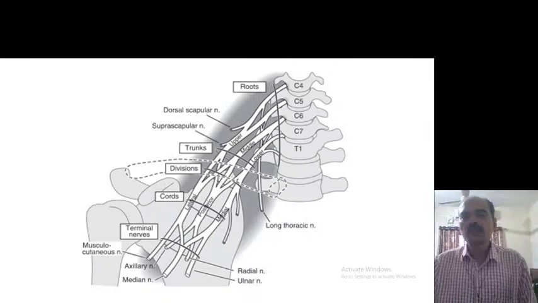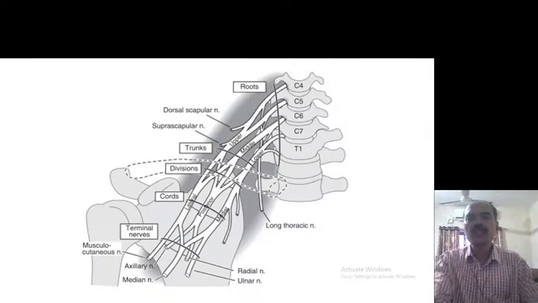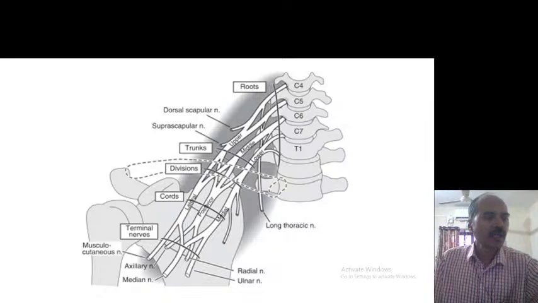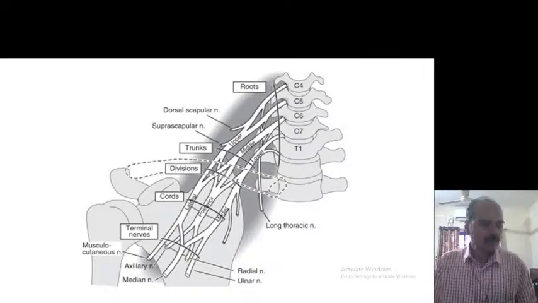Similarly, this ulnar nerve will also supply half of the deep muscle, that is, the ulnar half of the flexor digitorum profundus is supplied by the ulnar nerve, and the others are supplied by the